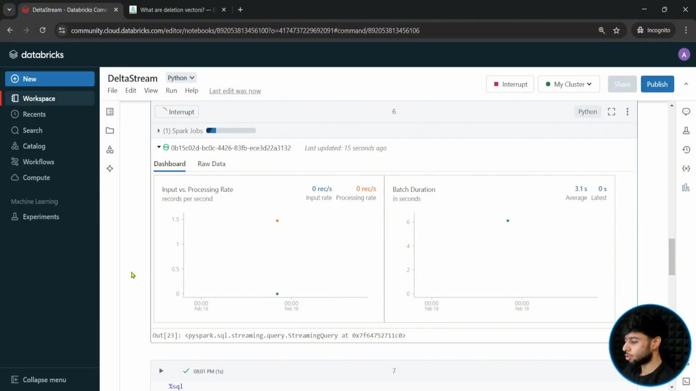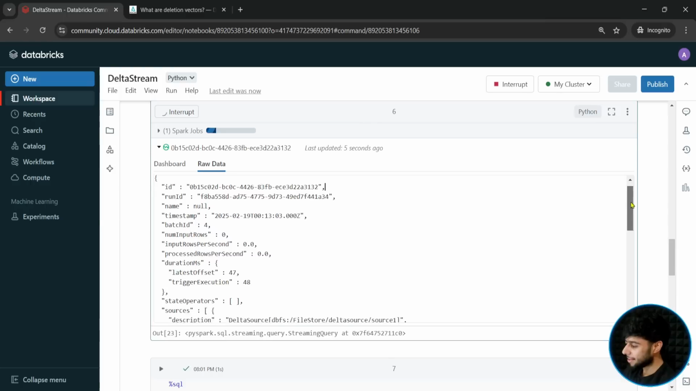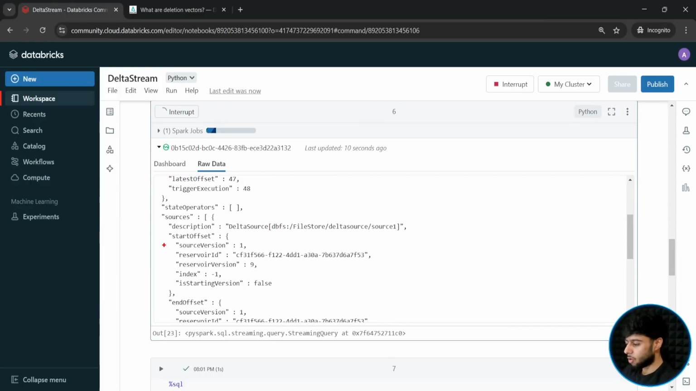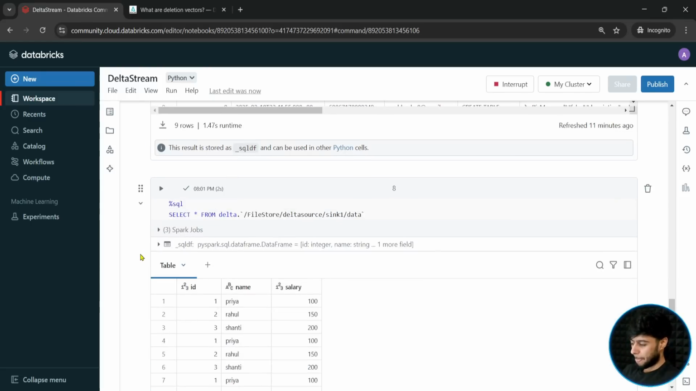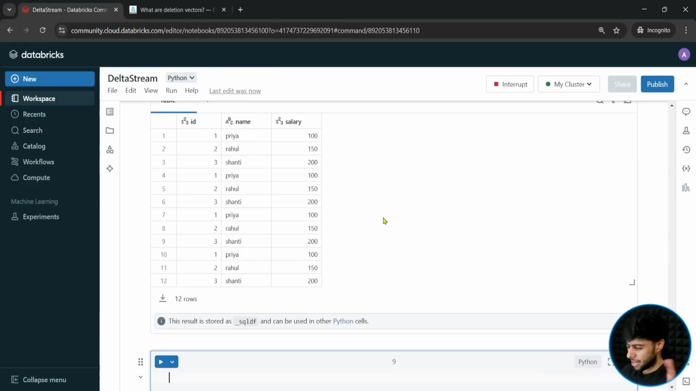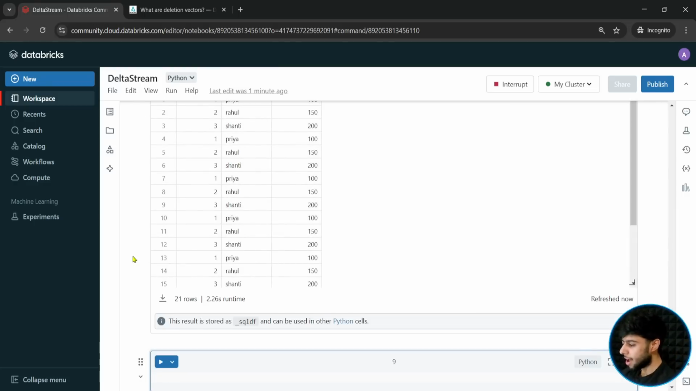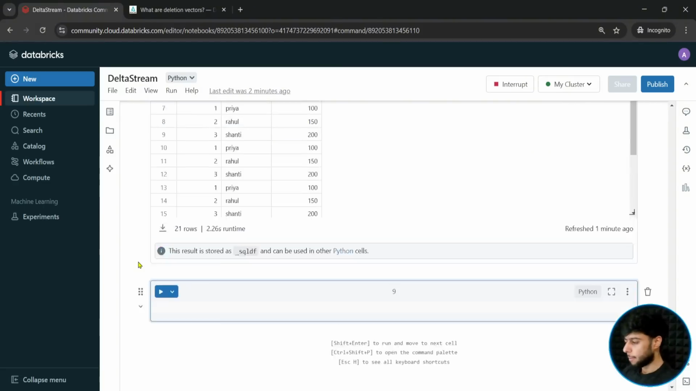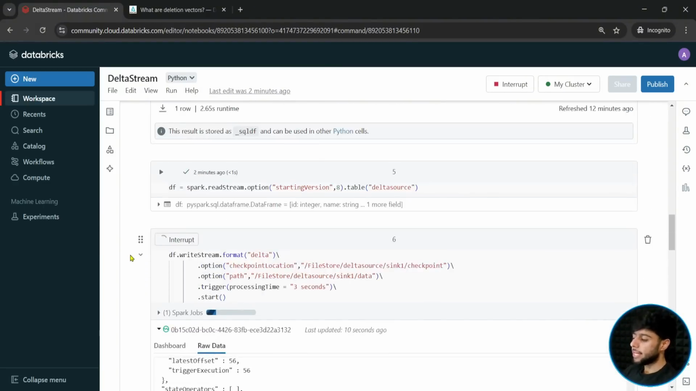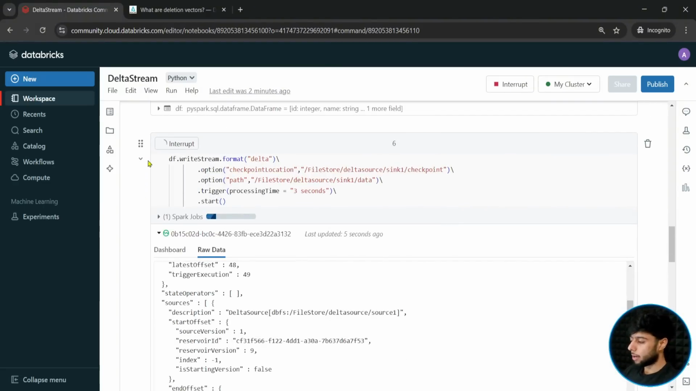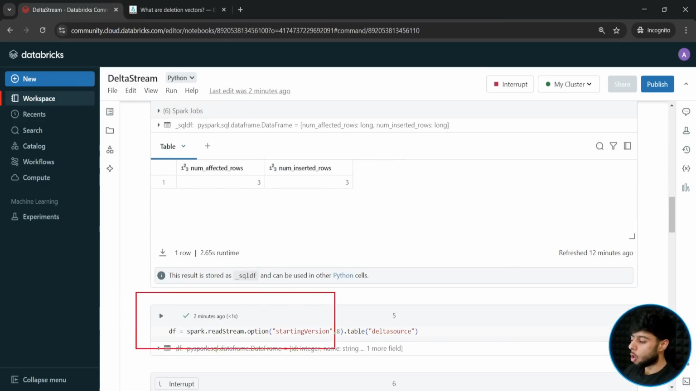So perfect. Let me show you the raw data. Okay, perfect. Reservoir version is 9. Very good. Are you ready to test whatever we have done? Let's see. We should see 15 records. Yeah, I think that makes sense, because this query is already